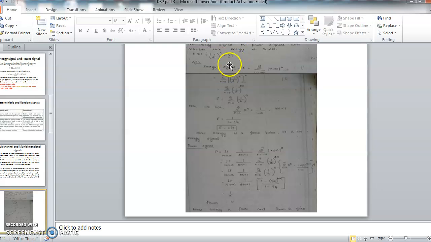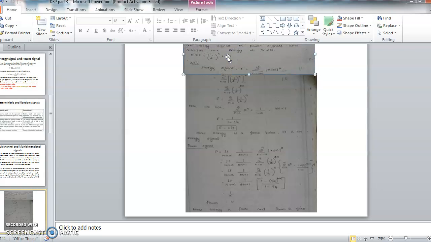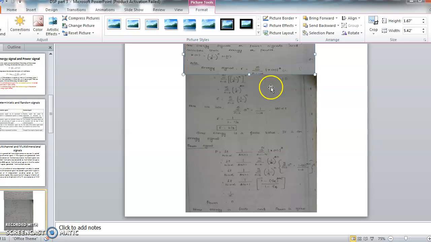So here we are going to substitute this u of n. While substituting, see the limit: the limit will change to n equal to 0 to infinity, and the remaining term is (1/2) the whole power n, squared. You have to make use of the power formula and substitute; finally we get (1/4)^n.